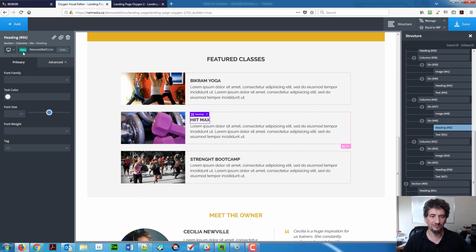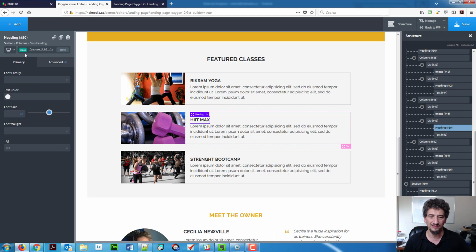Now, by using a class, which is also available on other builders, like I said, but way more complicated to do so, then by adding a class, it's going to be faster if I want to make some modifications. So there are some things that I know I'm going to need to modify to be able to work with